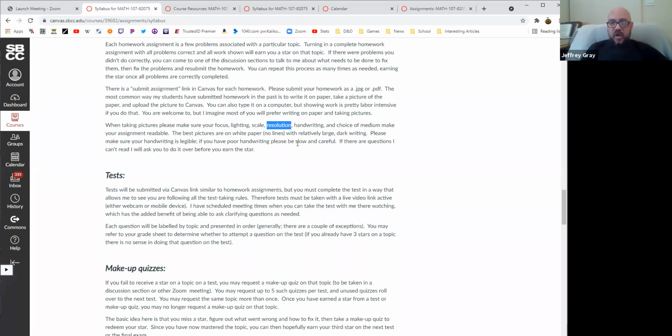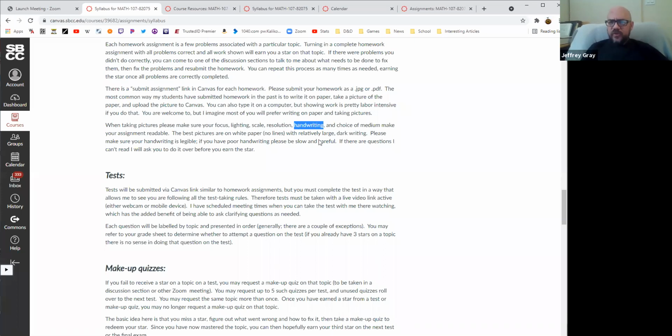High resolution pictures are okay, but if they're really huge, they can have long loading times. If someone has taken an extremely high resolution picture, 4,000 by 6,000 pixels or whatever, I have to scroll over like 3 screens to see everything. It's super annoying. So medium resolution is perfect.